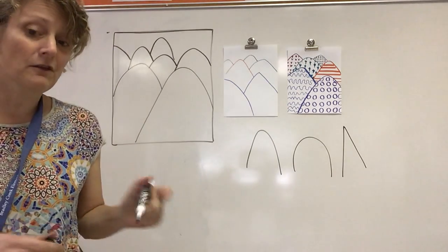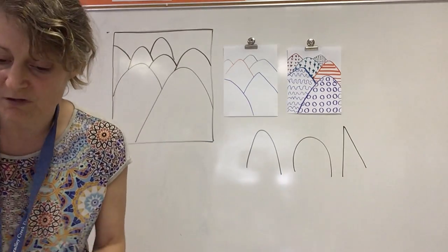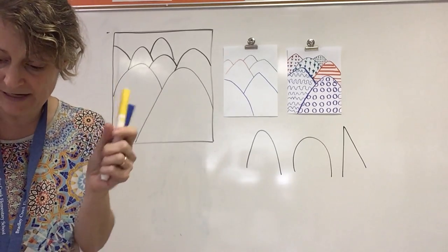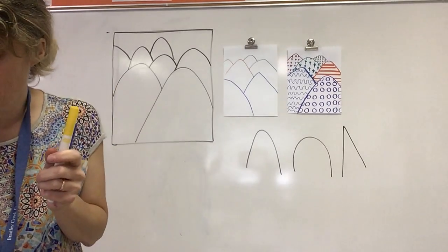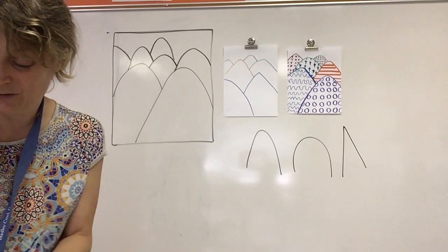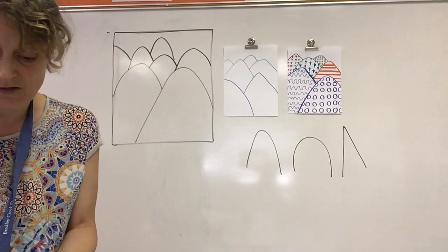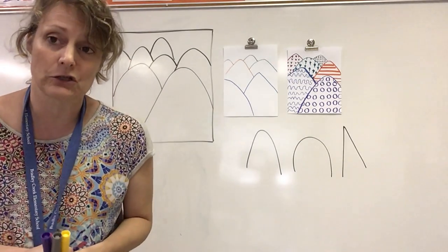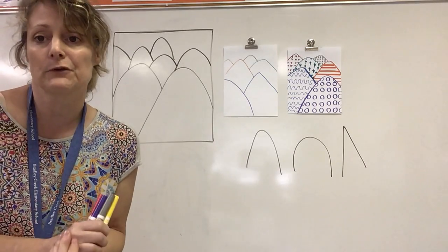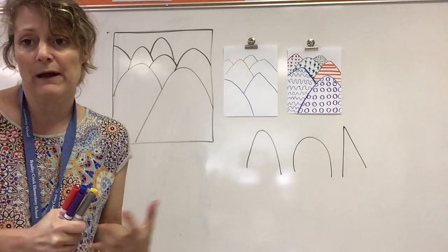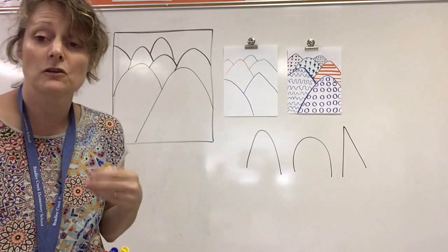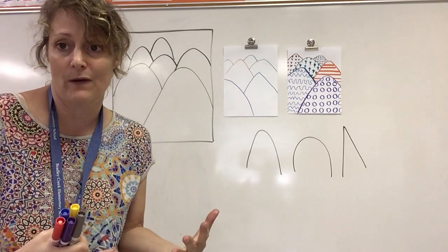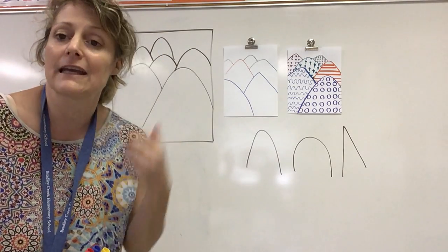And here's another trick I will tell you: if I were you, before I begin, I'm sorry, I didn't think of this, but go ahead and pick out what colors you want so you know how many mountains or hills you're going to make. So if I'm going to make 1, 2, 3, 4, 5, 6, 7, then I need to have 7 colors. And you can use crayons or markers or whatever you want to fill your mountains. Once you figure out an arrangement that you think is aesthetically pleasing, that means that you think is beautiful, that you are happy with, then you can start filling in your